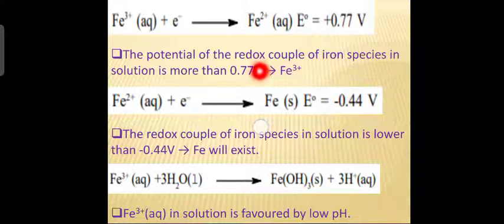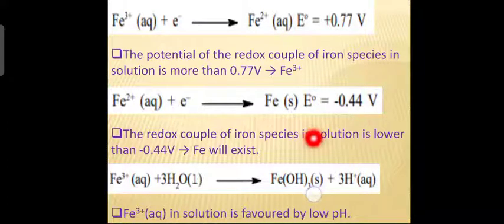Okay. Now, second point, the line CD represents the equilibrium between Fe2 plus and Fe. Okay. This is the equation. Fe2 plus aqueous plus 2 electrons, okay, to give what? Fe. So, the reduction potential is minus 0.44 volts. As this reaction does not involve H plus ion, the redox potential is independent of pH. Okay. Hence, the line is horizontal or parallel to the x-axis.